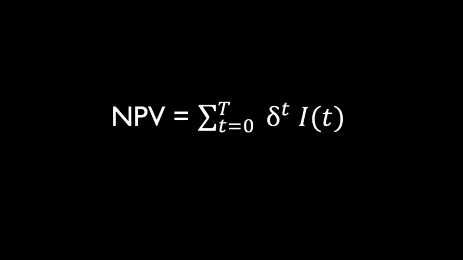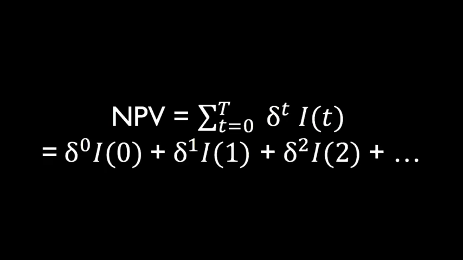Okay, in the equation, t is going to index the particular time period we're looking at, and we're going to look at time periods that start at t equals 0. Then in each time period, what we're going to do is take the person's delta, raise it to the value of the time period we're looking at, and multiply it by the income the person would get in that time period, and that's going to give us a product. We're going to take that product for each time period and just add it up across the person's life, and so that will give us the person's net present value. So the disaggregated version of the summation will look like what is on the screen right now.